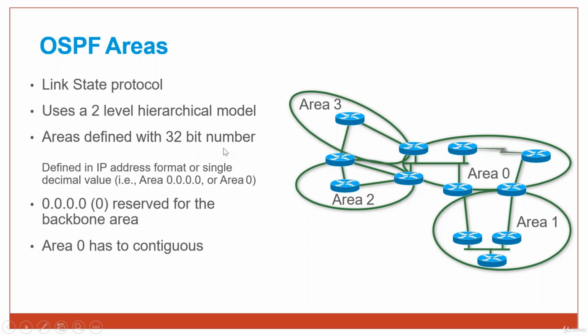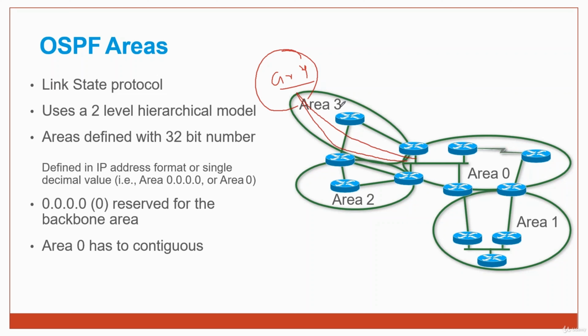Now these area IDs are 32-bit. They can be a flat number, or you can define them in dotted representation like 0.0.0.0. You can see that you have area 0 and then area 1, 2, 3. So maybe you can think, can't I connect area 3 with area 5 or 4? Yes, we can do that connection, but you can see that area 4 is not directly connected with area 0. So somehow I have to create a tunnel,